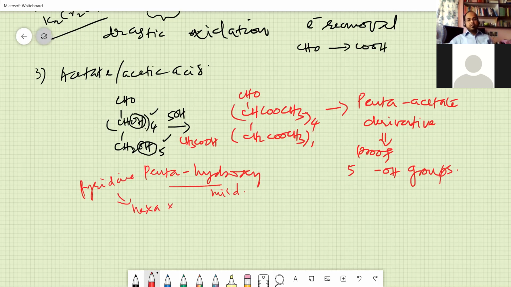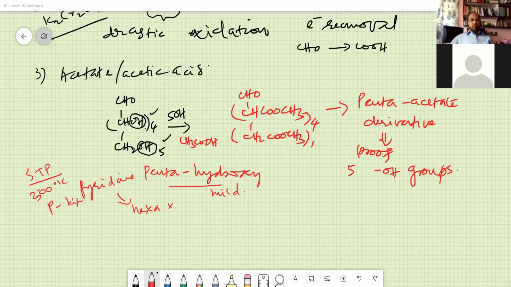We do every reaction at STP. In chemistry, we consider all reactions as being at STP, which is standard temperature and pressure. Temperature is 300 Kelvin, pressure is 1 atmosphere. Under these conditions, these reactions take place unless you define otherwise, right? So in this way we have established that it has 5 hydroxyl groups and 1 reactive keto group.